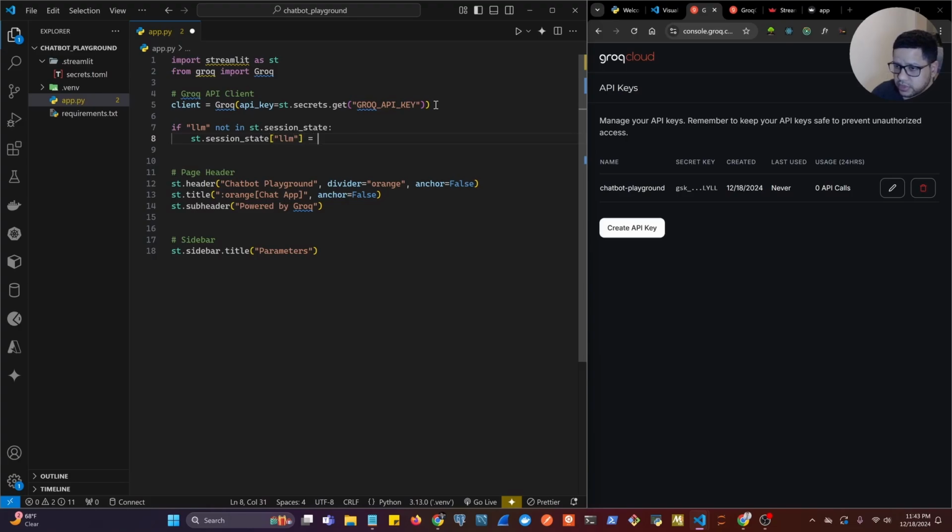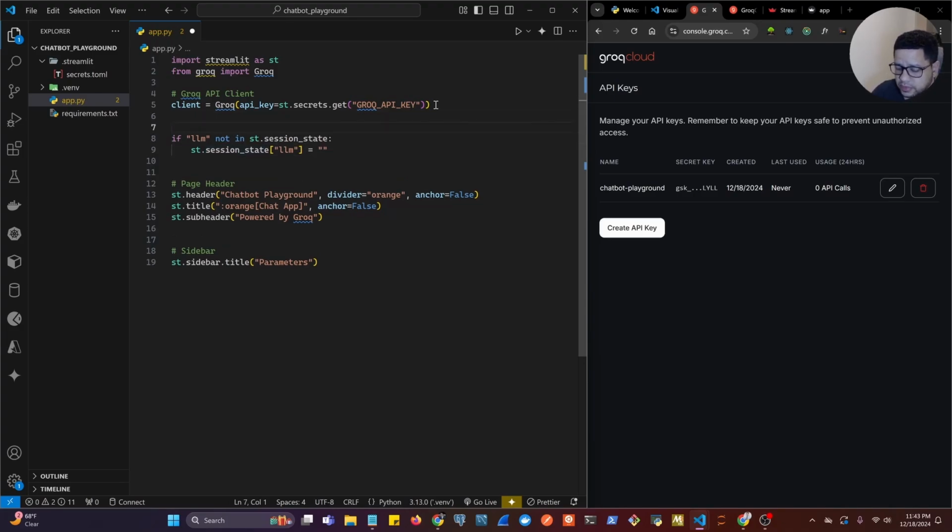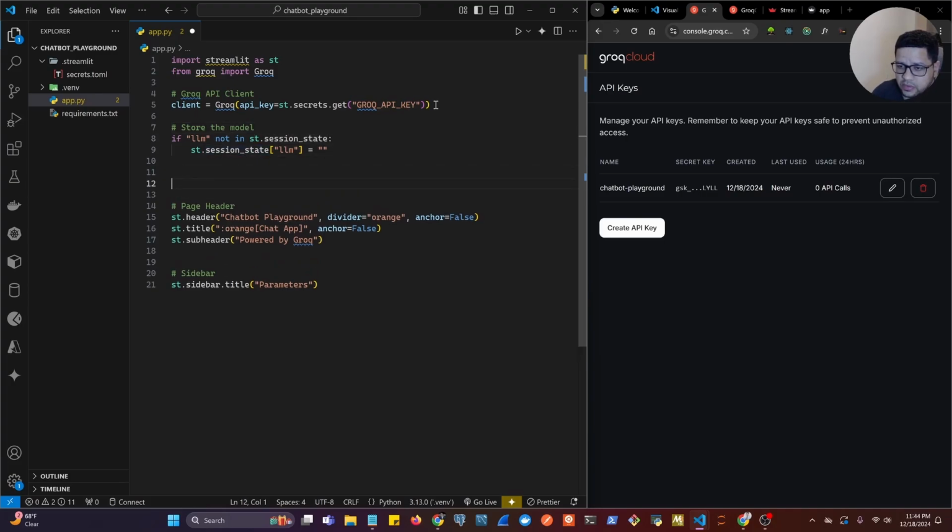And we're just going to initialize it to an empty string for now. So this is going to store the model inside of the session state, and then also we're going to do the same for